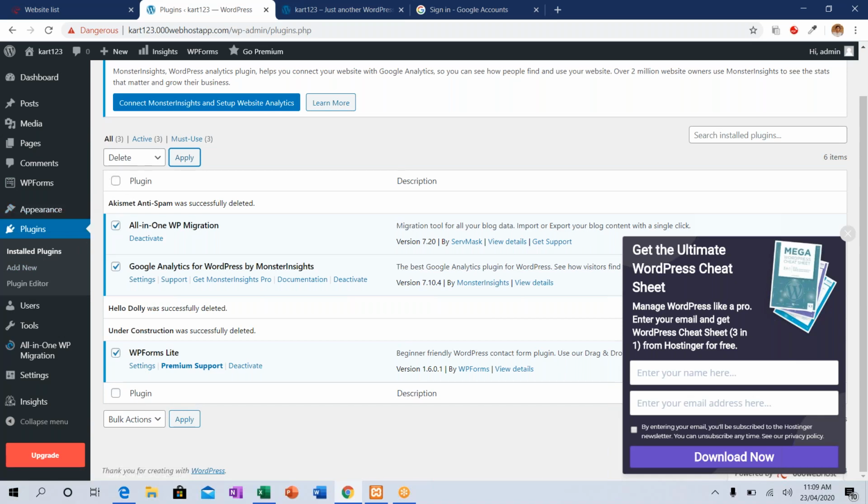In that, you have certain plugins already installed, which I don't want for my website creation as of now. So I'm selecting all the plugins and giving delete. In the drop down, you have multiple options for bulk action: activate, deactivate, update, and delete. You can go for the delete option.